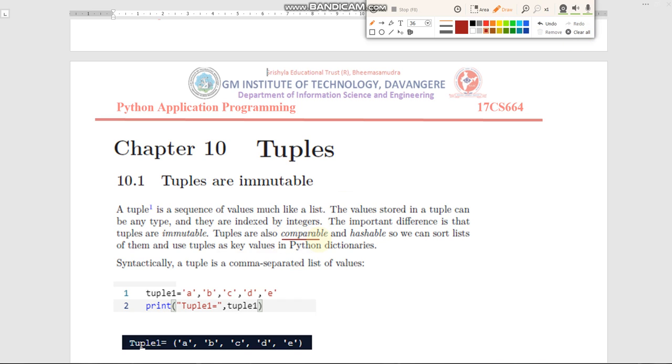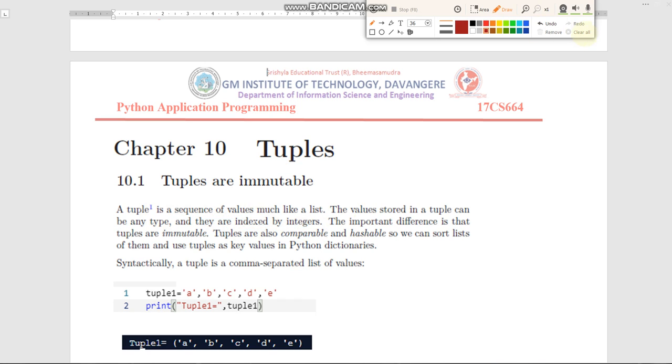We can compare two tuples using comparison operators, greater than, equal to, and so on. Similarly, tuples are hashable, which means using the key we can access the values stored in the tuple. So a tuple is a sequence of values, and these values are indexed by integers.